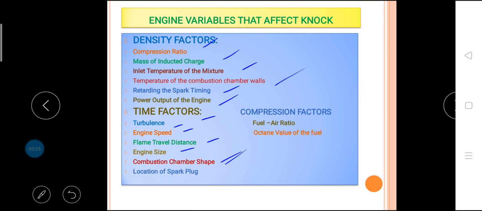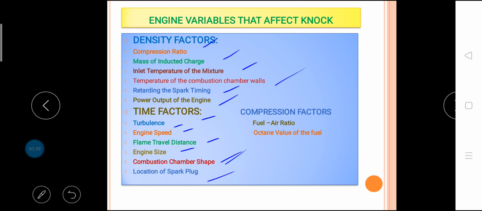Combustion chamber shape. Generally, the more compact the combustion chamber is, the shorter is the flame travel and the combustion time, and hence better anti-knock characteristics. Therefore, the combustion chambers are made as spherical as possible to minimize the length of the flame travel for a given volume. If the turbulence in the combustion chamber is high, the combustion rate is high, and consequently combustion time and knocking tendency are reduced. Hence, the combustion chamber is shaped in such a way as to promote turbulence.